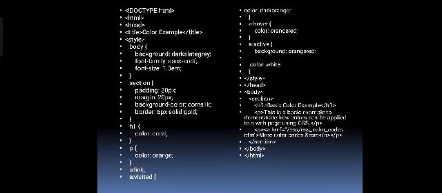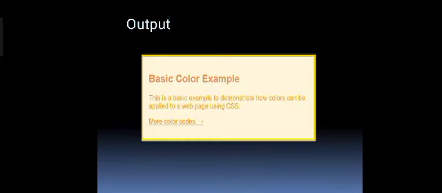This will provide us the corresponding output. The border is of yellow color, the heading is of orange color, and the text is of light orange color. By using these colors we can change them according to our need.